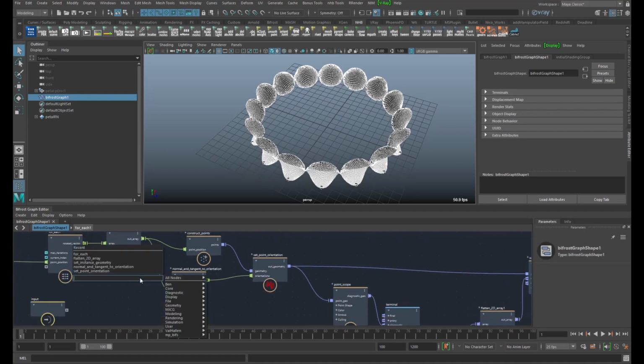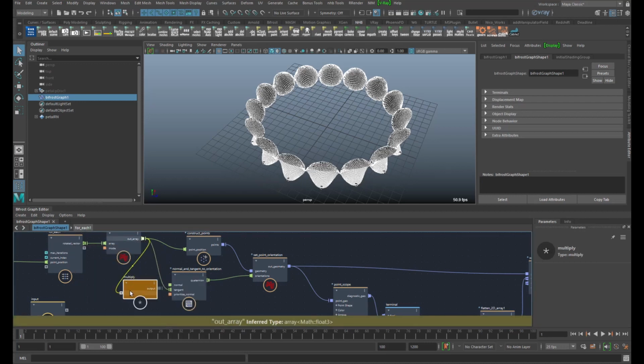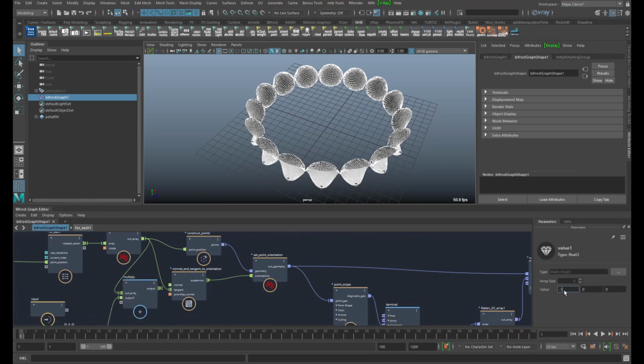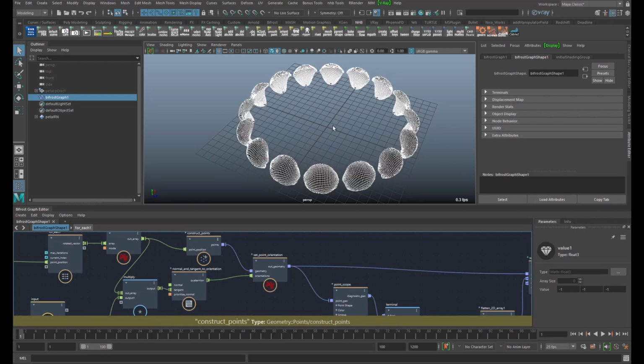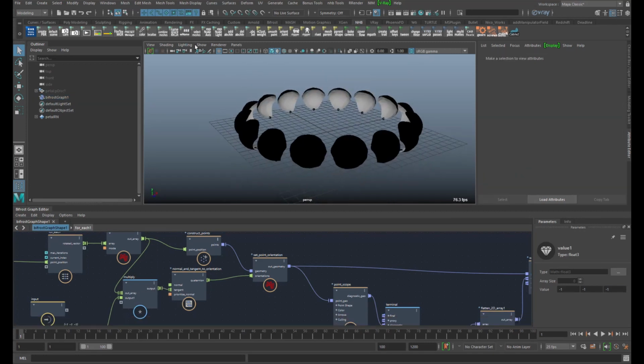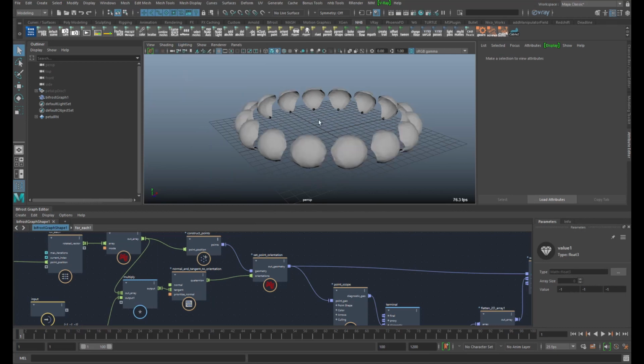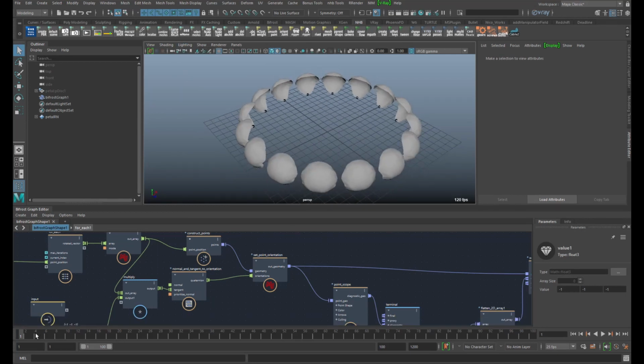So that's just a matter of multiplying it by -1. Now they're flipped. It's fine.